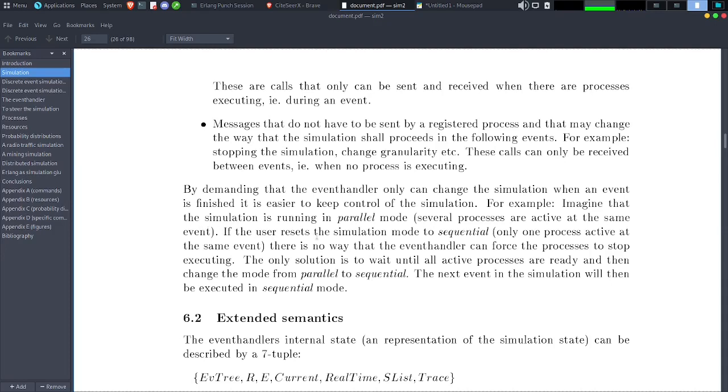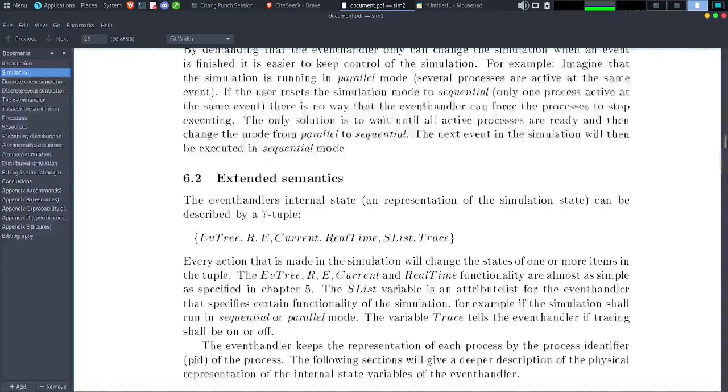If the user resets the simulation mode to sequential, only one process active at the same event, there is no way that the event handler can force the processes to stop executing. The only solution is to wait until all active processes are ready and then change the mode from parallel to sequential. The next event in the simulation will then be executed in sequential mode.